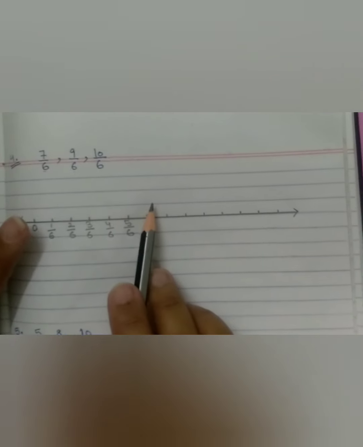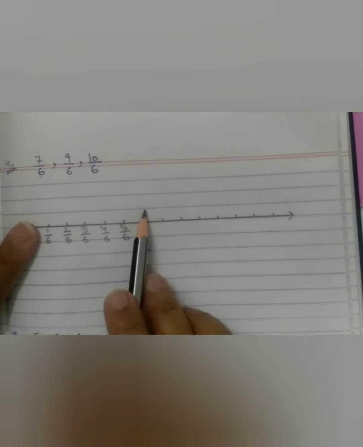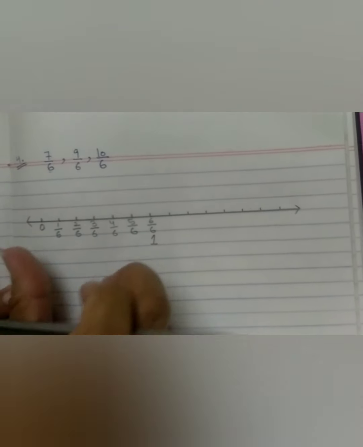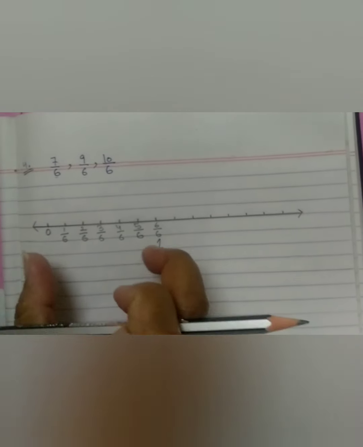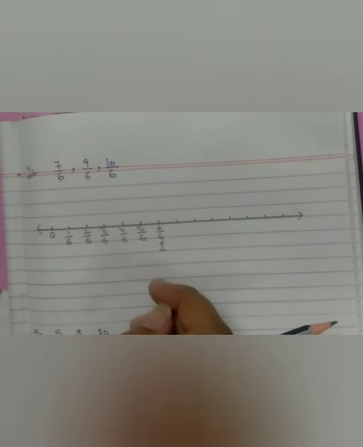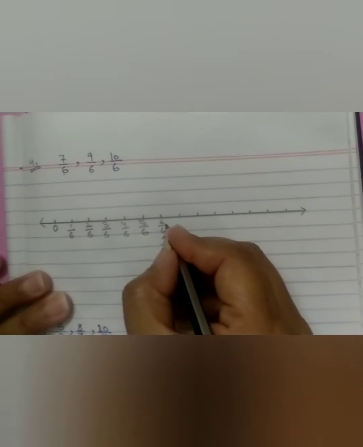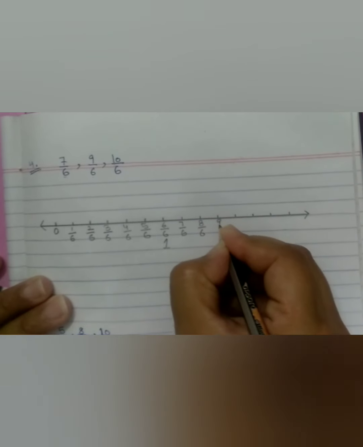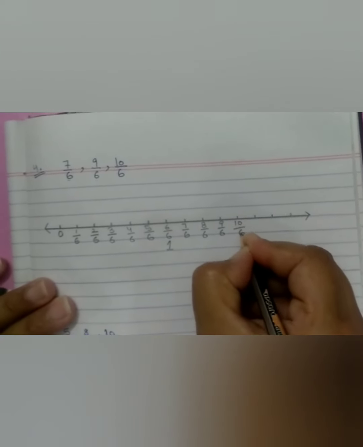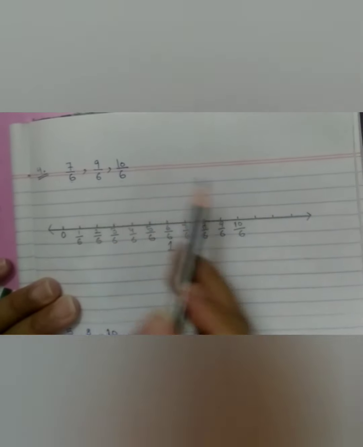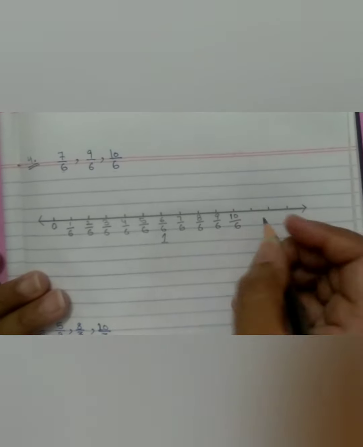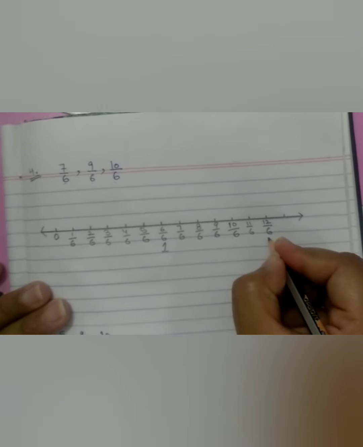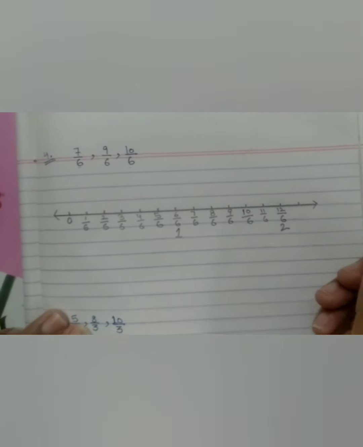So you can see by default now 0 to 1 is divided into 6 equal parts. So instead of pointing 0 and 1 and then dividing it into 6 equal parts, we have already taken 6 equal parts and 6 by 6 as 1. So after 6 by 6 we have 7 by 6, then 8 by 6, 9 by 6, then 10 by 6. So although we have reached with our work, but we have to go till the next whole number. So we'll go 11 by 6, 12 by 6, and you know 12 by 6 is what? 2.